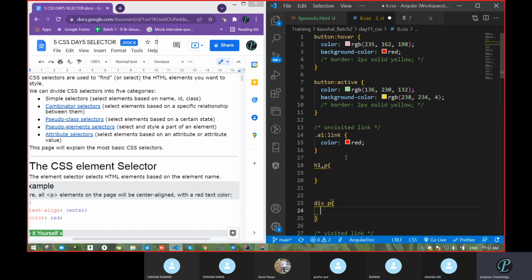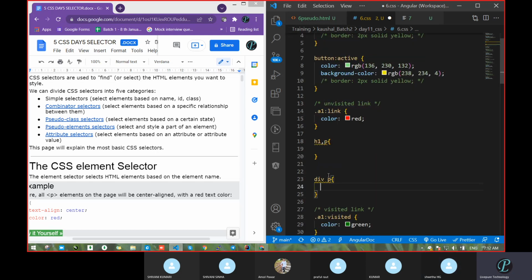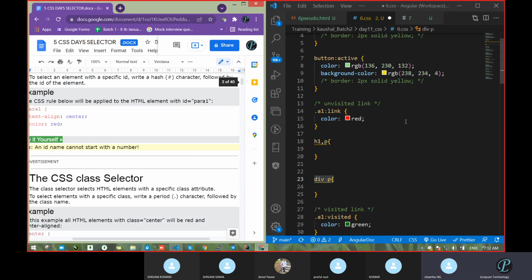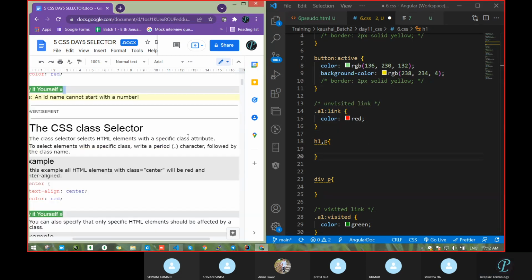How do you know whether it is a simple selector, a combinator, or a child relation? We know due to the space between them. Clear? In this way we can easily identify that this is a pseudo class. How? With the help of a colon. Clear?